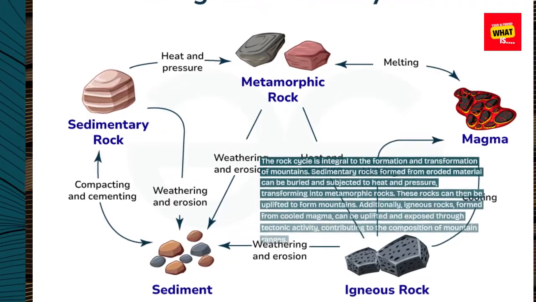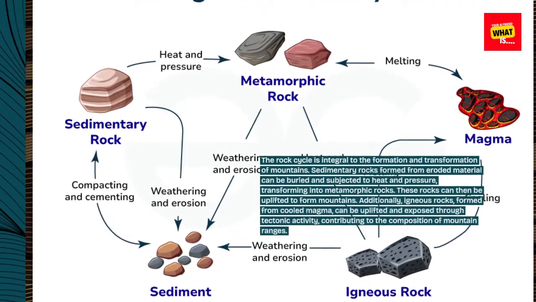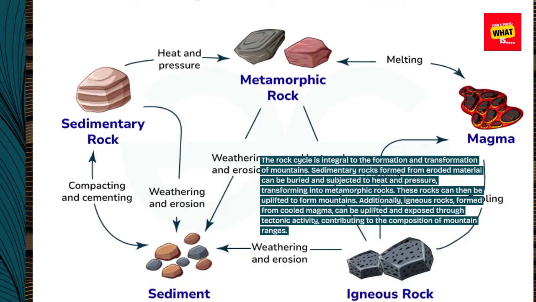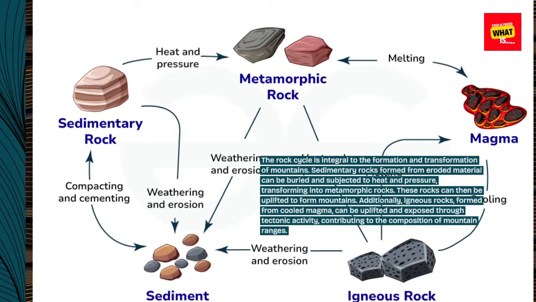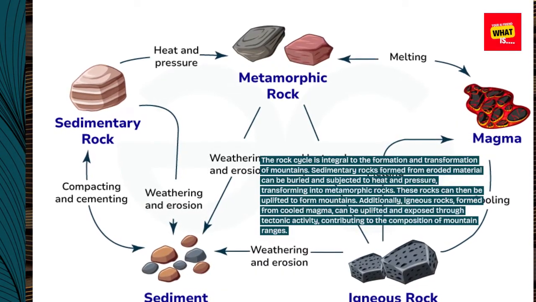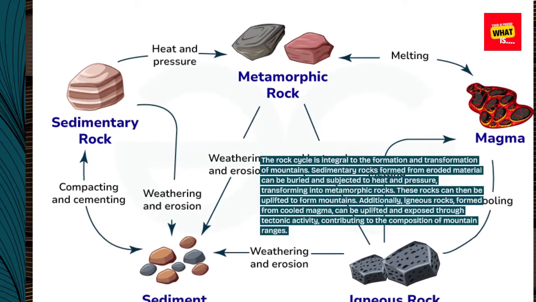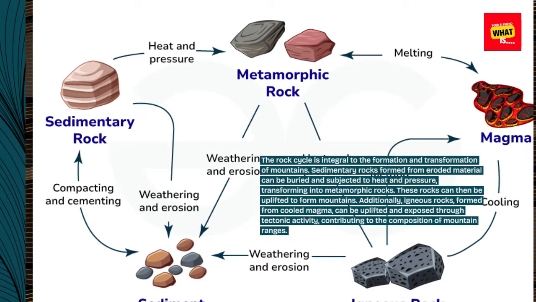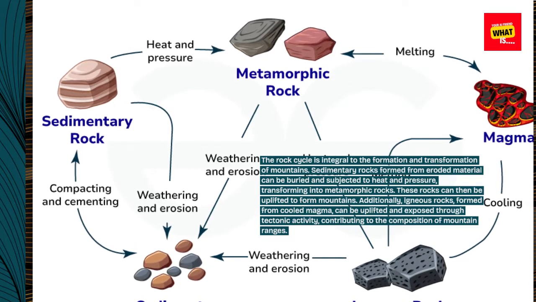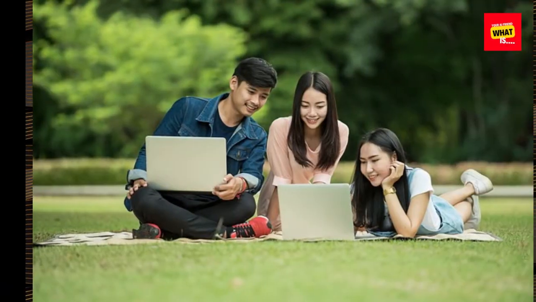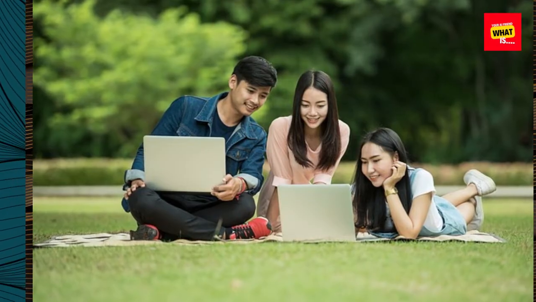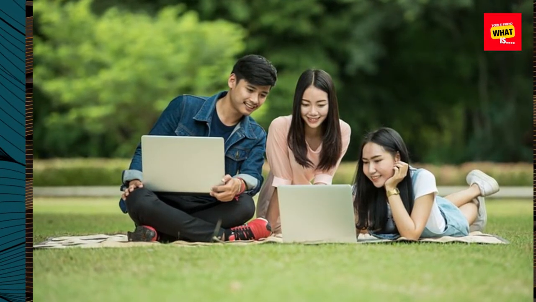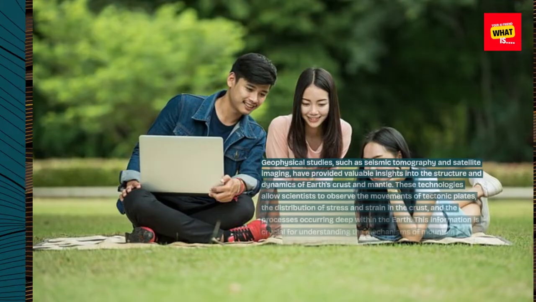Sedimentary rocks formed from eroded material can be buried and subjected to heat and pressure, transforming into metamorphic rocks. These rocks can then be uplifted to form mountains. Additionally, igneous rocks, formed from cooled magma, can be uplifted and exposed through tectonic activity, contributing to the composition of mountain ranges. Geophysical studies, such as seismic tomography and satellite imaging, have provided valuable insights into the structure and dynamics